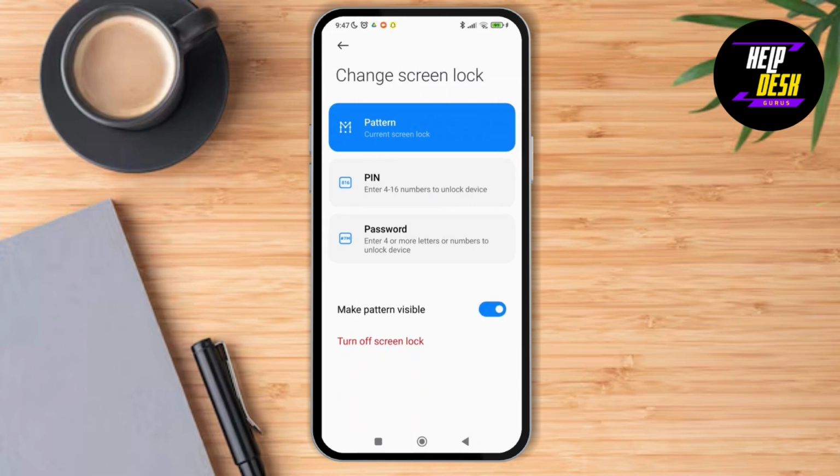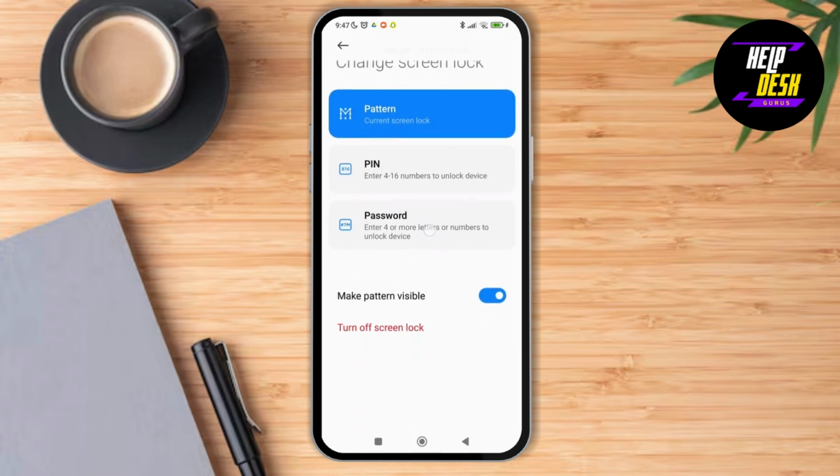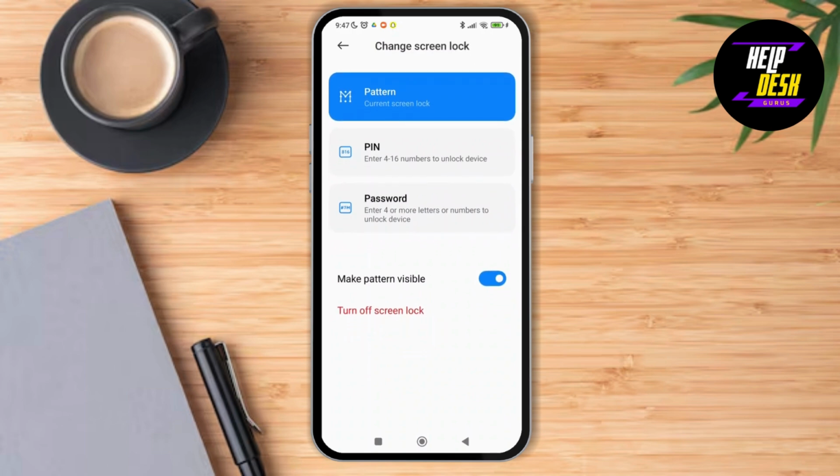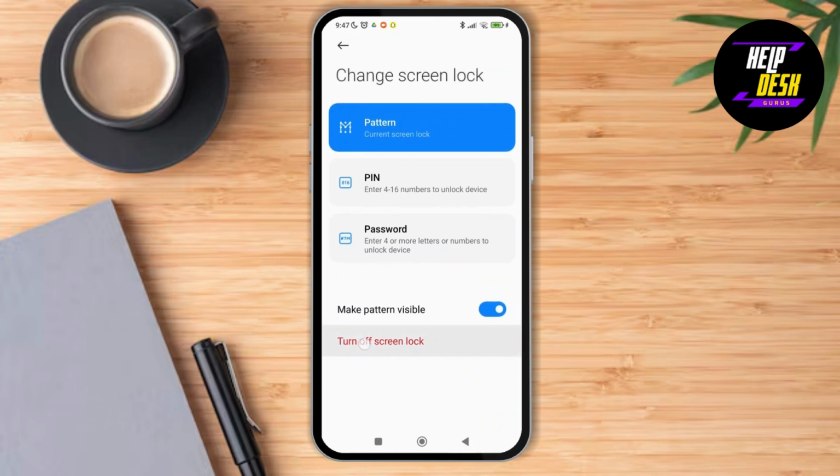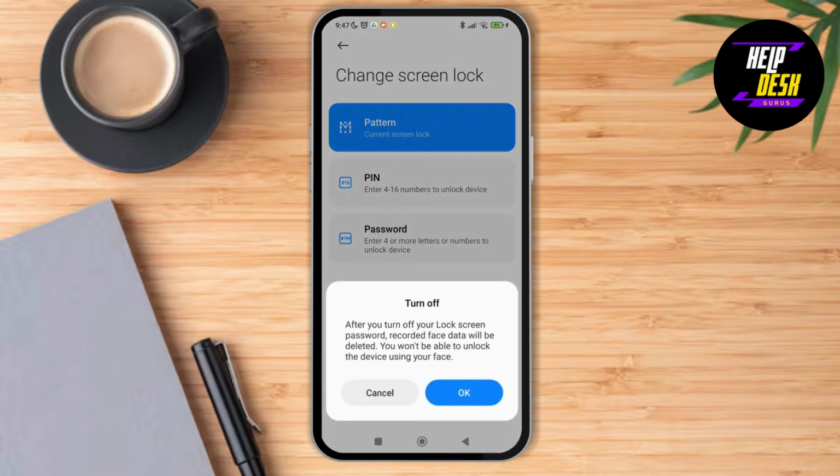After that, you can see different options of the screen lock: pattern, pin, password, and then at the very end you can see the option of turn off screen lock. So just tap on turn off screen lock and then a little pop-up would be there where it says that after you turn off your lock screen password, recorded face data will be deleted. You won't be able to unlock this device using your face. So just tap on OK,